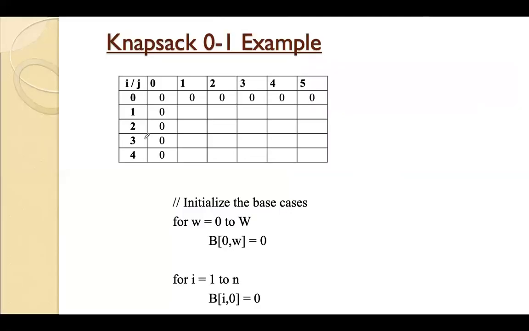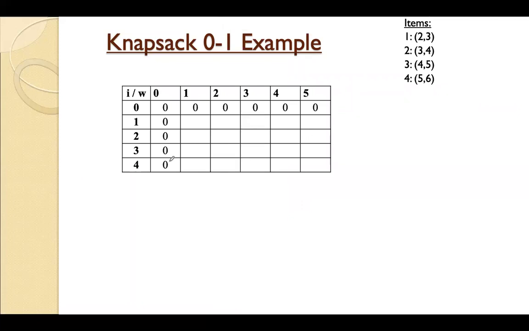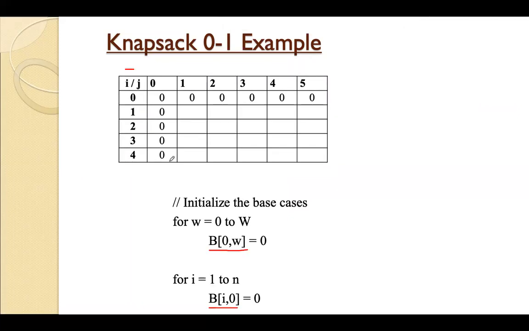Knapsack using the dynamic method. In the dynamic method, we have to create one table. Okay, so the table I'm calling here B of I, W. Okay, matrix B. In the program, its name is different, matrix. So this is the matrix. First, we will initialize the first row and first column values to 0. Manually also we have solved it like this. So in the program also we'll be doing that.